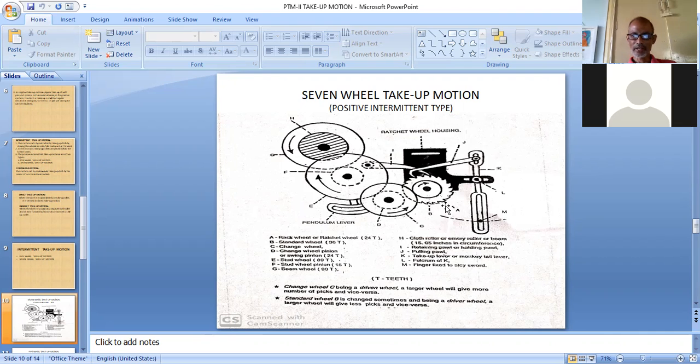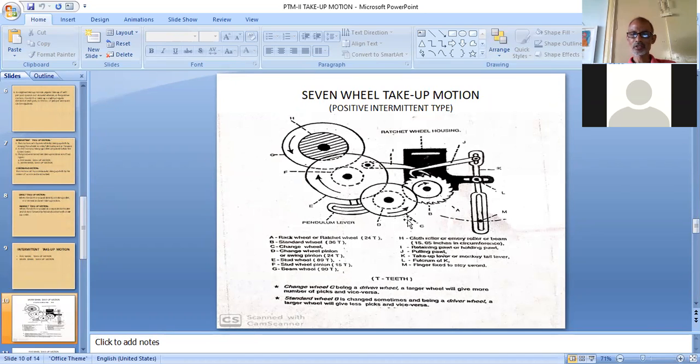So here it is, A is a rack wheel or ratchet wheel. This is first wheel in the chain. Second wheel is indicated by B inside this on the same shaft. जिसके ऊपर ratchet wheel लगा हुआ है, जिस shaft के ऊपर ratchet wheel mounted है, उसी shaft पर हम एक और wheel mount कर रहे हैं, indicated by B, known as standard wheel. जो ये अंदर की तरफ दिखाया हुआ है, that is standard wheel. Then this standard wheel is in contact with the C, and this is known as change wheel.